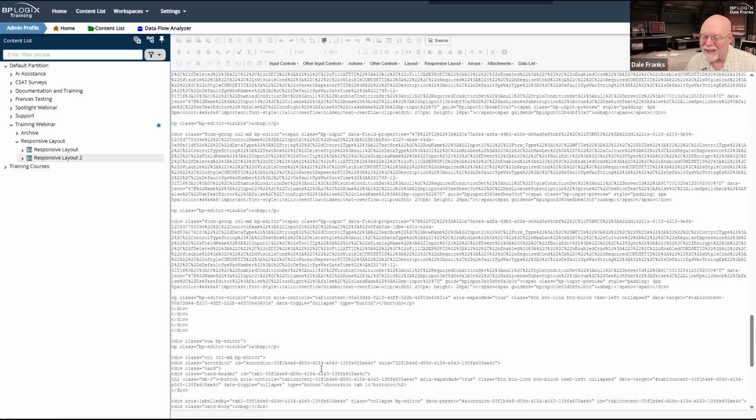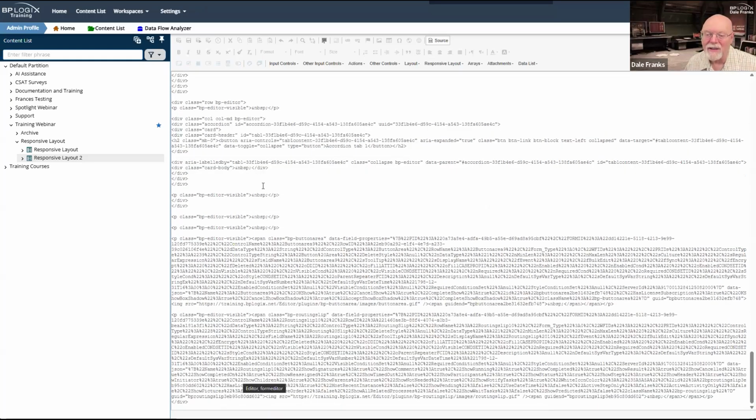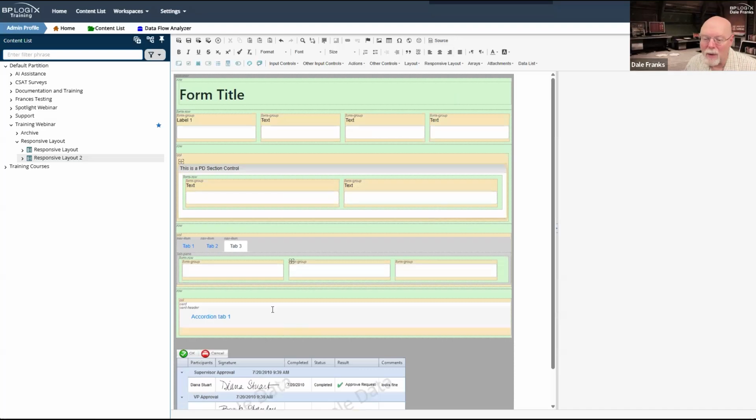So see, this gets kind of tedious to do. So there's my card body. So why isn't my card body showing up in there? Let me just throw some space in there just to see where we are.